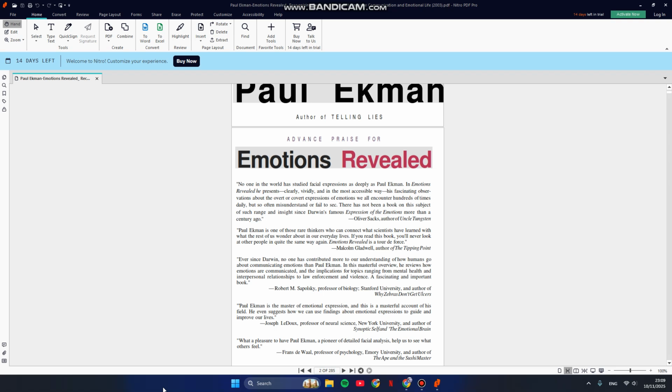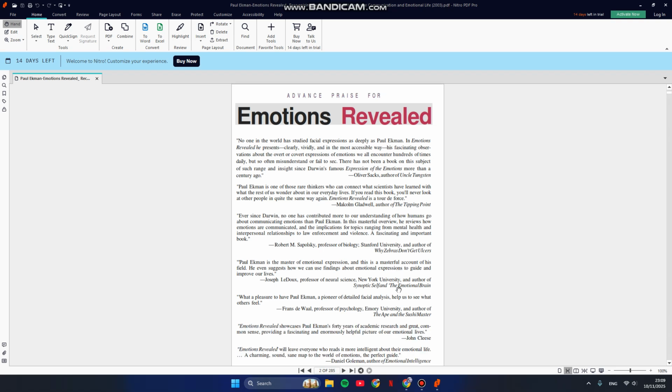So on today's tutorial, I'm going to show you how you can fix your PDF line spacing for better readability in Nitro Pro PDF Editor. So if your PDF's cramped, hard to read, or just unprofessional looking, you can just use this trick to make all the difference. So now you can just open the PDF in Nitro Pro and head into the home options,